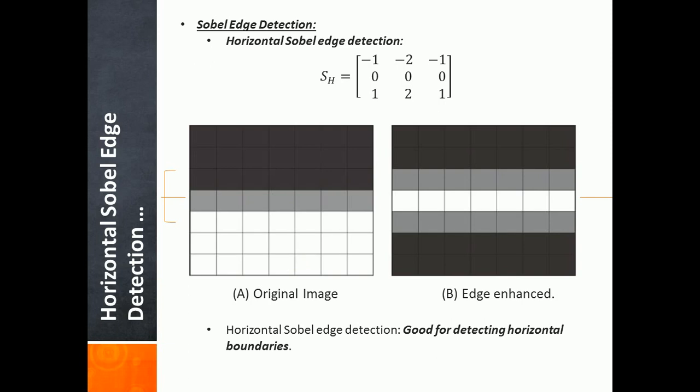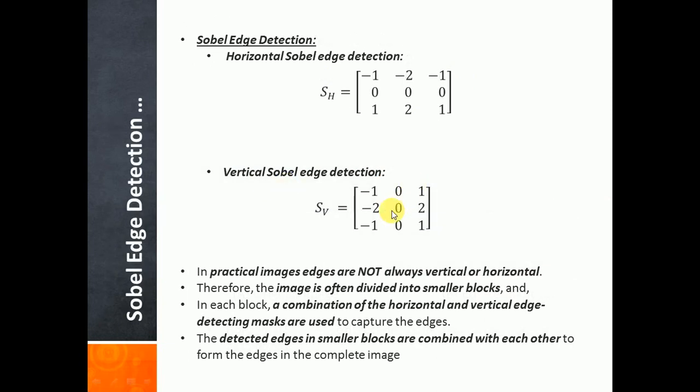So Sobel horizontal edge detection is good for horizontal edges, but for vertical edges we use vertical Sobel edge detection, where there are zeros in the center plane. You can see there's a column which is all zeros, and for the pixels lying on opposite sides of this boundary,